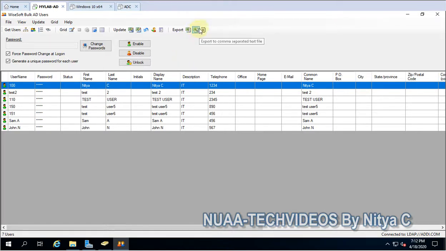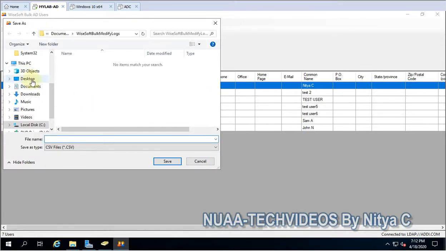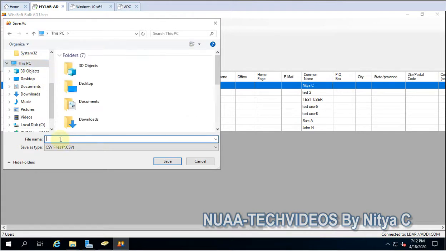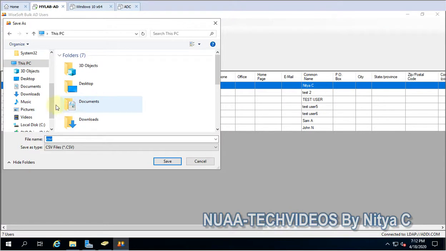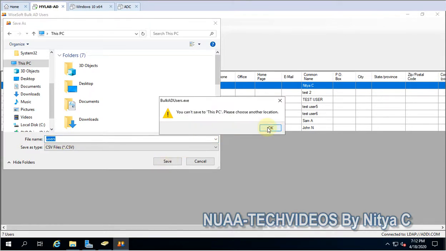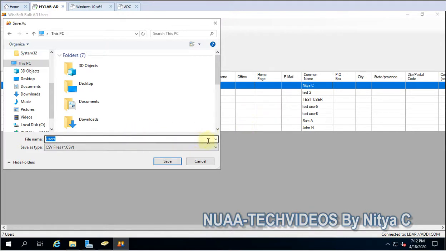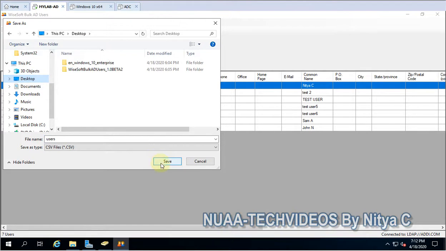But anyways, you can export to the CSV file, and make sure users. Okay, choose, you can't save, I don't have permission to save it. Okay, I'll save it here.